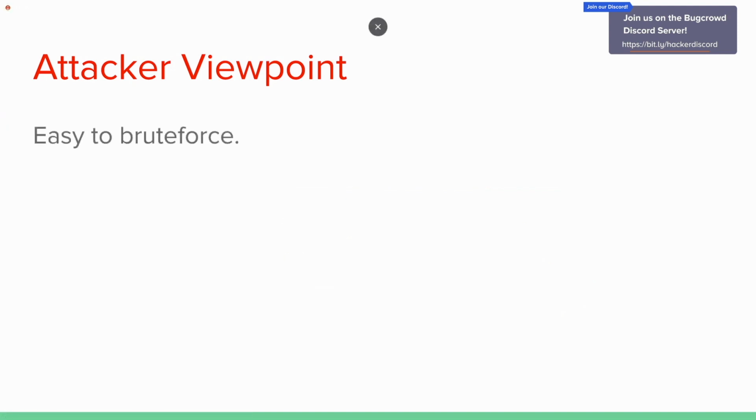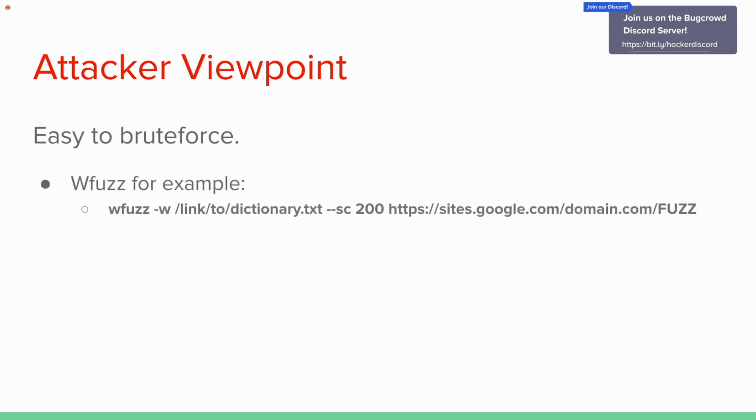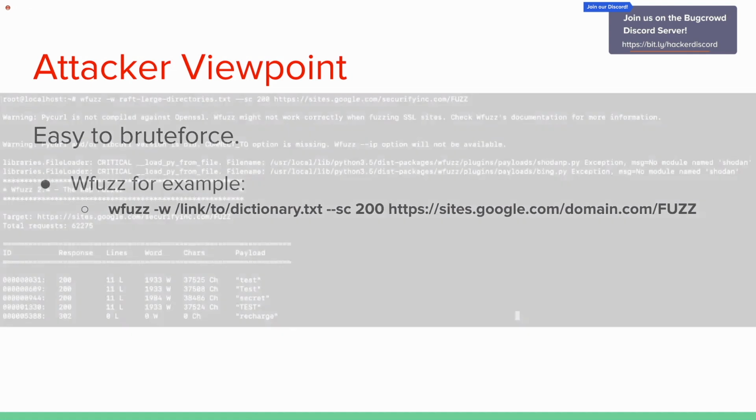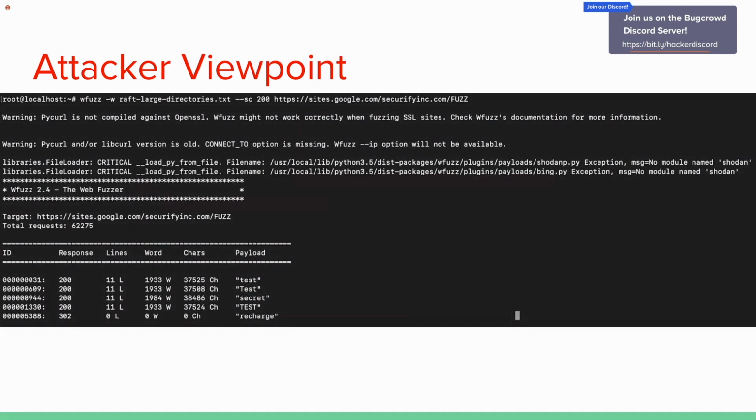So what Google did was it made it easier to brute force with the new one. So you can just have a WFUZZ link with a dictionary of files and then brute force it for that company. So here's an example for securifying.com that I utilize to test all of these things: you'll pass in the raft large directories, which is a simple